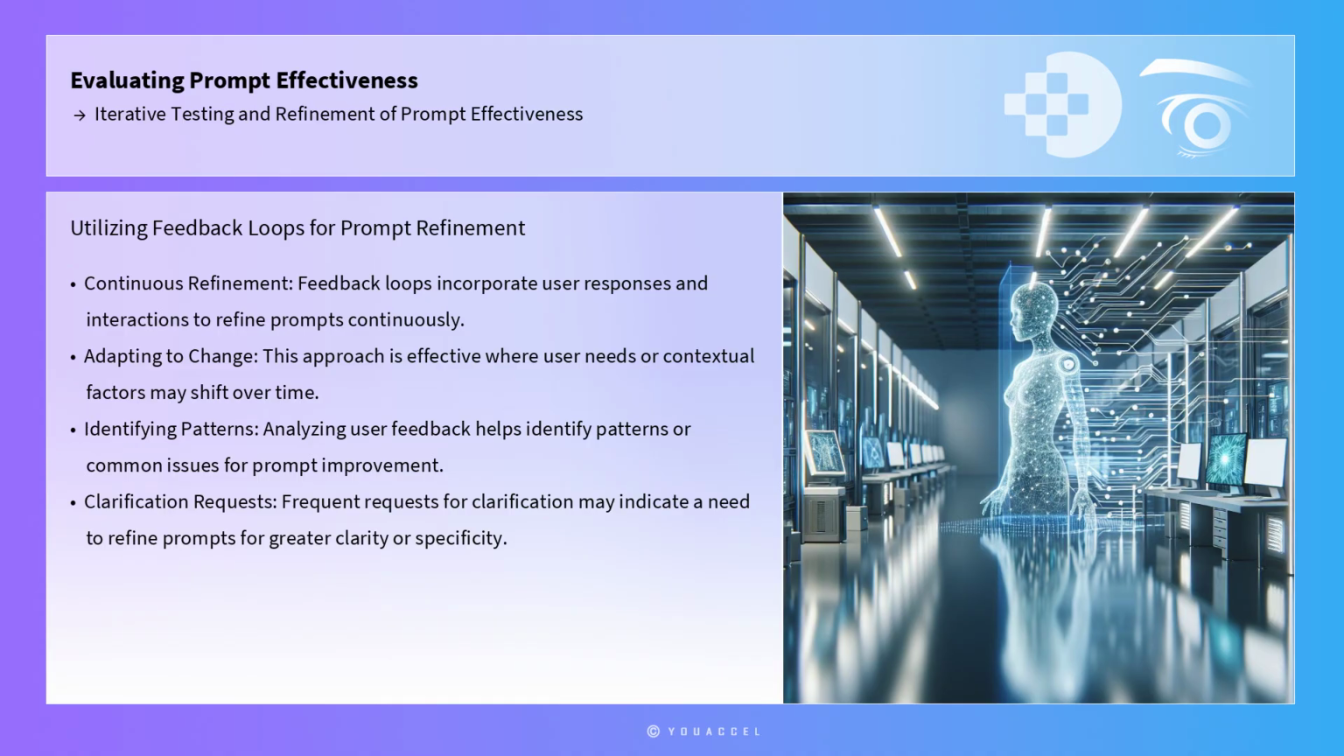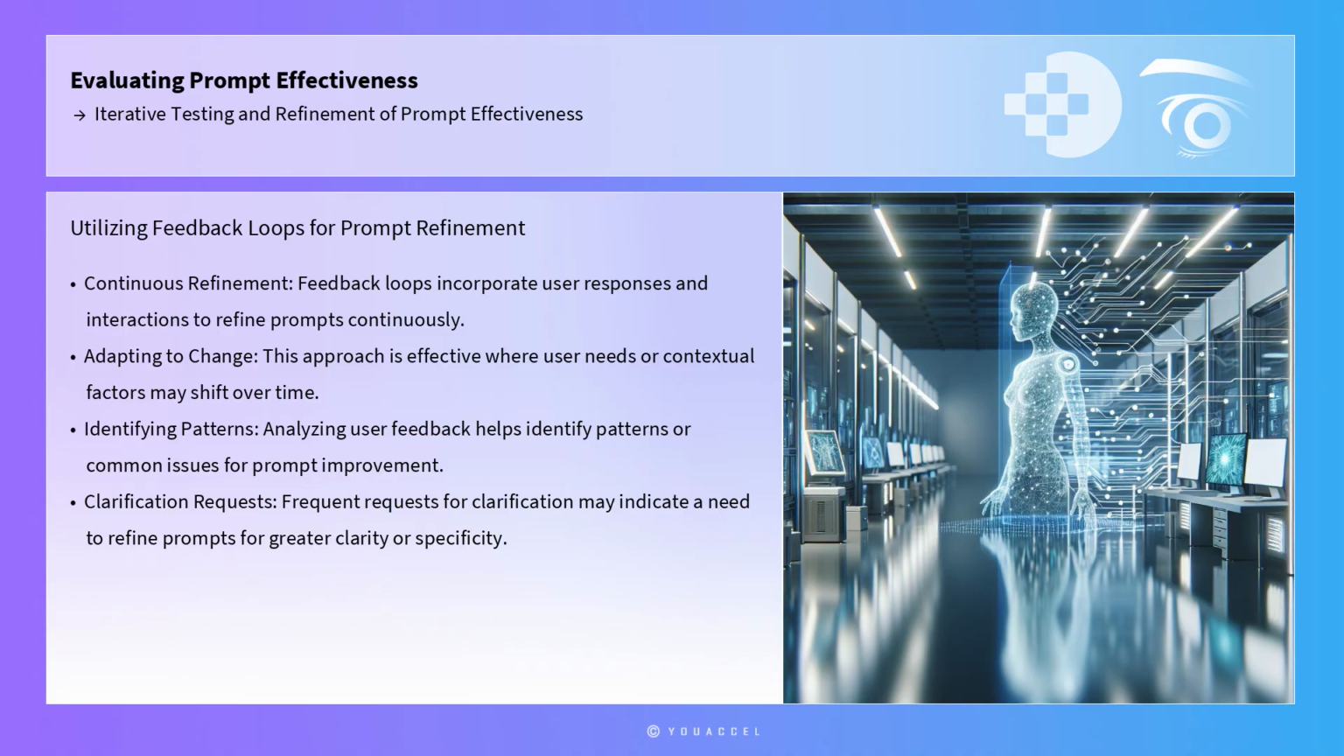Another useful tool is the use of feedback loops, which incorporate user responses and interactions to refine prompts continuously. This approach is particularly effective in environments where user needs or contextual factors may shift over time. By analyzing user feedback, professionals can identify patterns or common issues that suggest areas for prompt improvement. For instance, if users frequently request clarifications on AI responses, this may indicate a need to refine prompts for greater